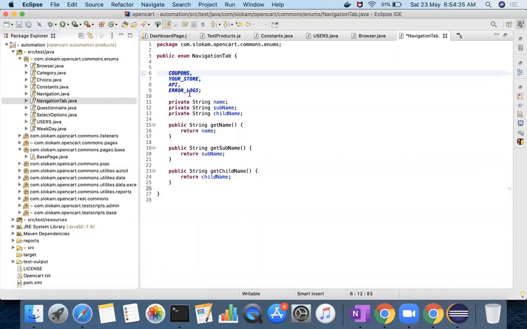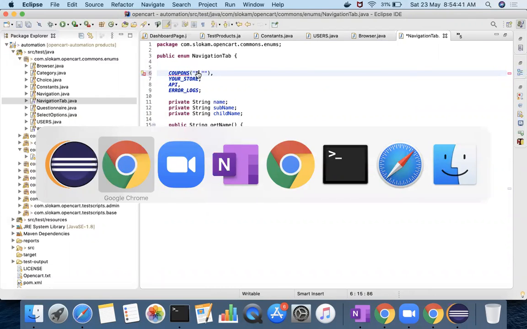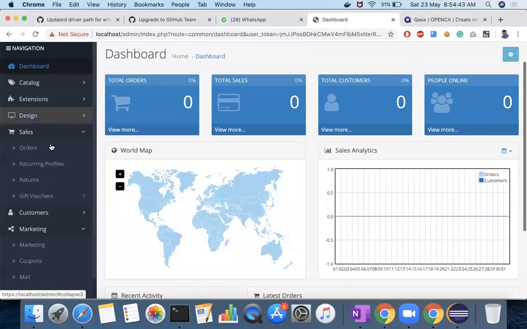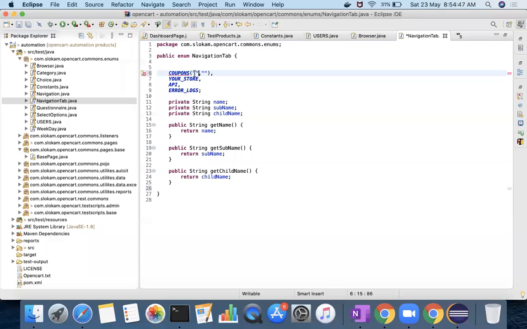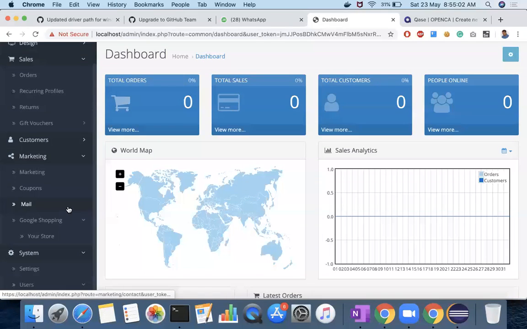Let's say take the coupons. In order to click on coupons, you need to pass two values. One value is marketing, and then coupons. For your store, you need to pass three values. So what are the three values?